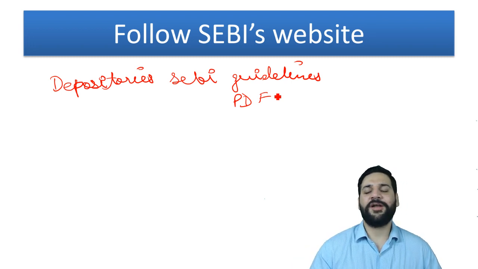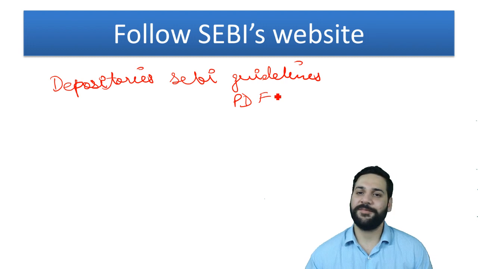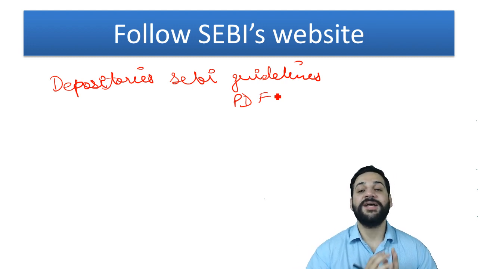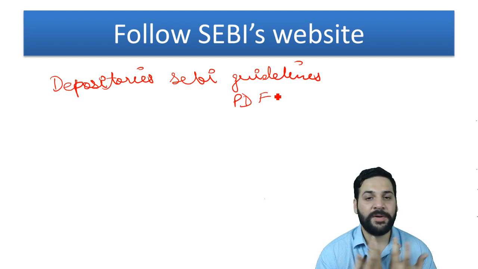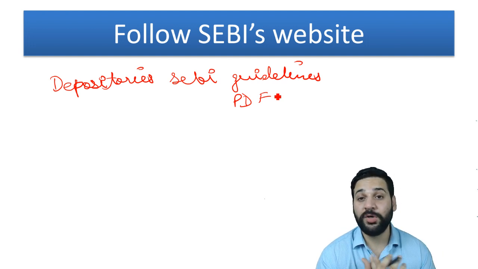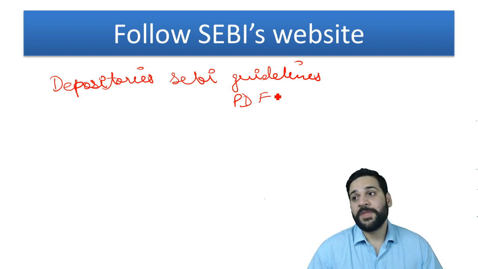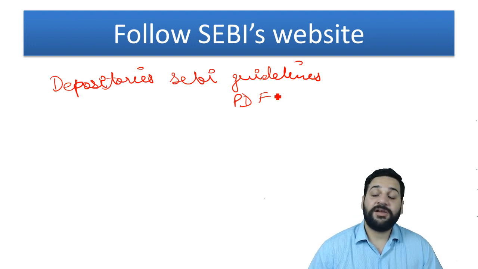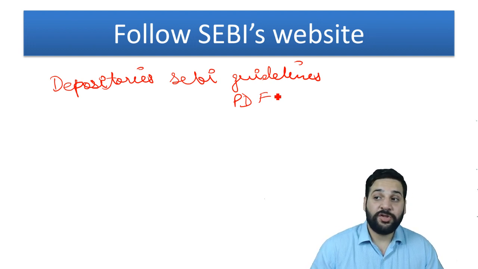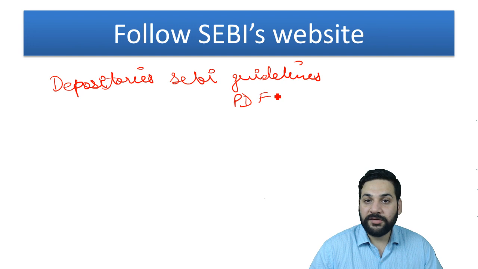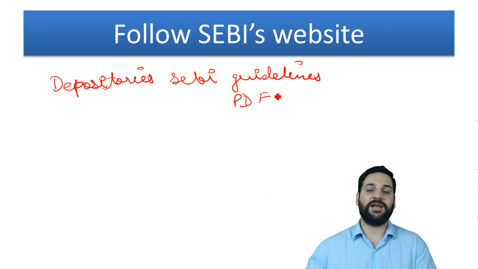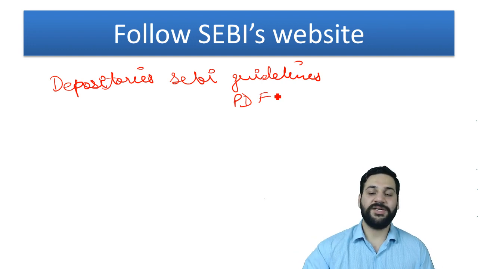You might be searching for depositories space bank exams today, or banking awareness space bank exams today. See students, it's not even possible for you to remember the URLs. You're already doing this on Google. Suppose you have seen my banking awareness notes. We are updating them every month, and they're available for free. But it's not possible for students to remember the URL, and they don't even bookmark the URLs. So what they do is go to Google, type banking awareness notes, and then bank exams today. That's what you need to do here. Depositories space SEBI guidelines, or depositories space SEBI space PDF.